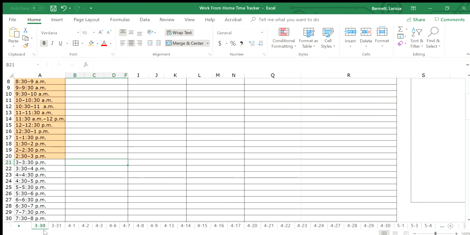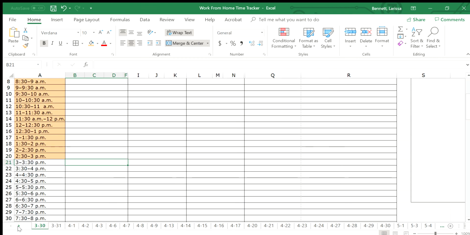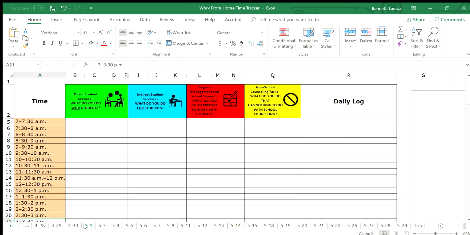Again, I'll click on the first one, March 30th. I'm going to highlight my 2 boxes that are still yellow. I'm going to hold my shift key down, press that green arrow, and go to May 29th. Then I can go up to my little paint can, click the little caret arrow, and say no fill. And if I click shift and just click one of the spreadsheets, that will turn all of those yellows off.